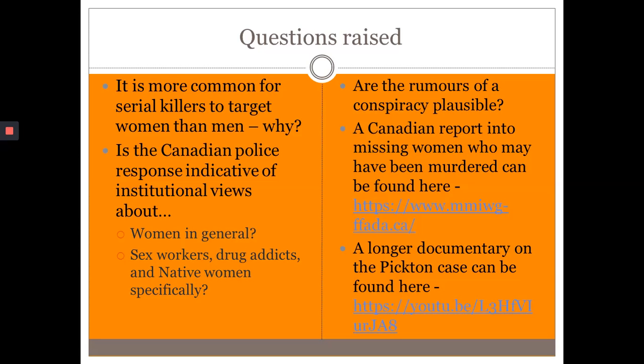Likewise, questions are raised about the amount of effort put into investigating the murders of gay men versus the murders of straight men. Is that because gay men are seen as more worthless, more irrelevant, less worth the effort required to catch the criminal? Possibly even, the very jaded suggest, on some occasions where the group of people being targeted is very much on the outskirts of society, such as sex workers, gay men and so on, drug addicts, another example on the screen there, could well be people involved in the criminal justice system, as well as